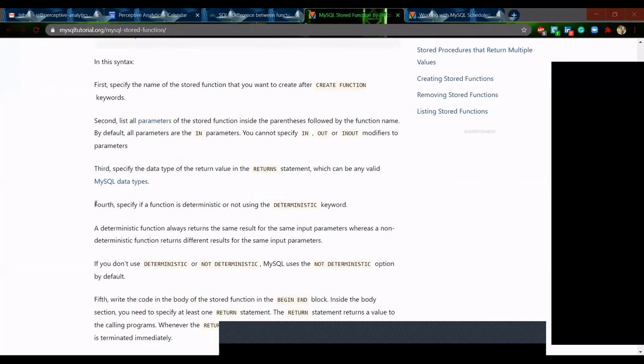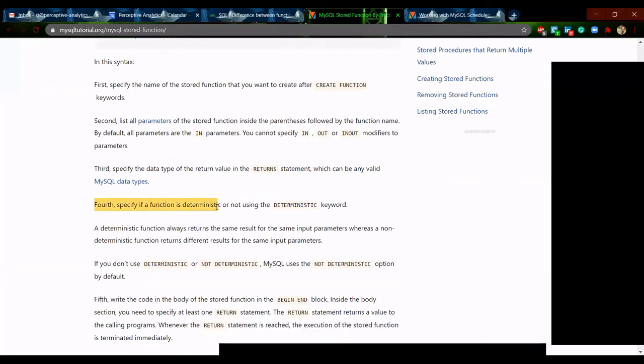Yeah. So we have to define whether we give the keyword deterministic or non-deterministic. Deterministic always returns the same result for the same input, whereas a non-deterministic function returns a different result for the same input. So this is what they have given. I'm not very clear about it. If you don't give the value, it will by default take the non-deterministic option.